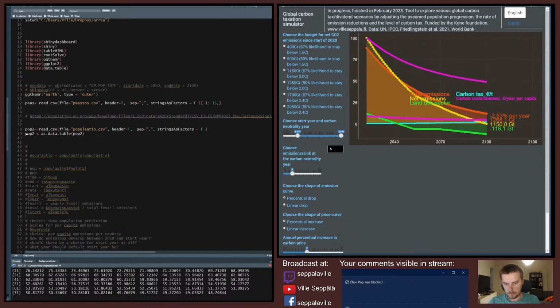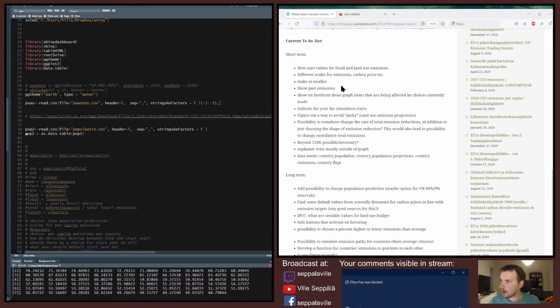try to, let's see here, get the past emissions to the graph, and with that get the new start values for fossil fuels and land use emissions. So I have here in the